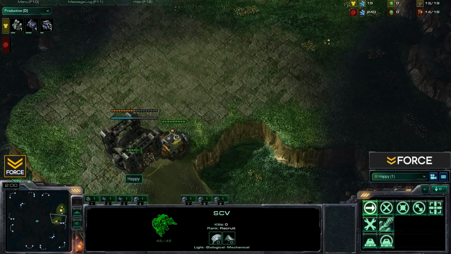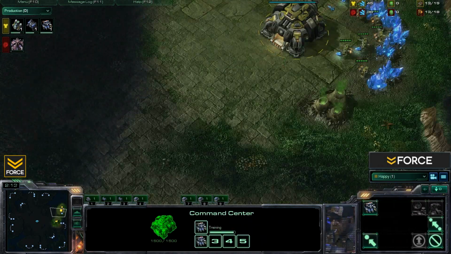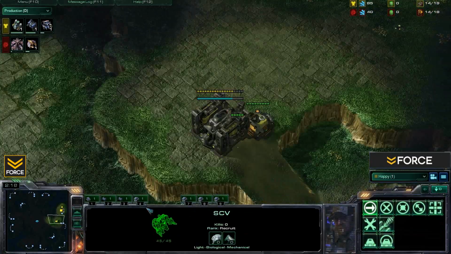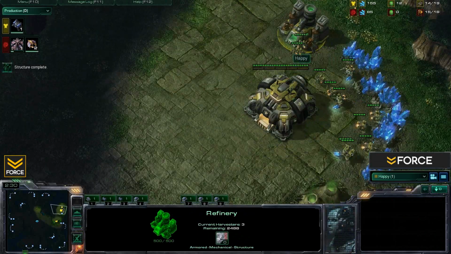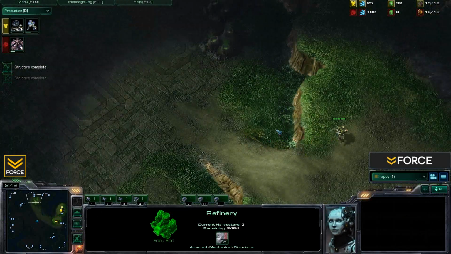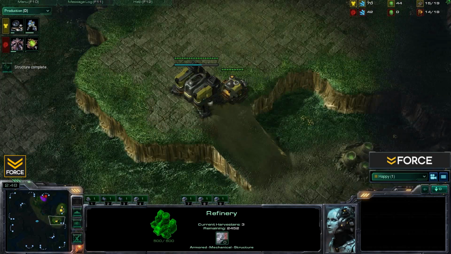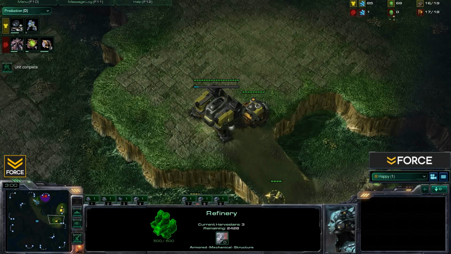So what we actually saw Happy do in this game is he went 10 depot, 11 racks, 12 refinery. So he held off on that 12th SCV so that he could build that racks a little bit sooner than he built that 12 SCV and got his refinery down. What this does, of course, is it gets that Marine out just a few seconds earlier, and what that will allow you to do is be a little bit aggressive early on with 1 or 2 Marines and an SCV,